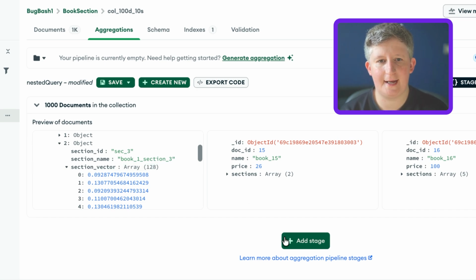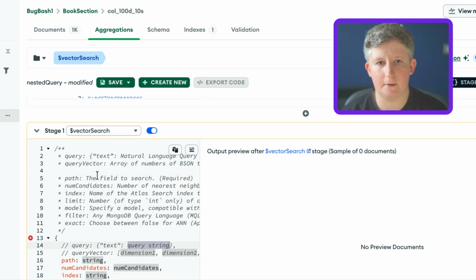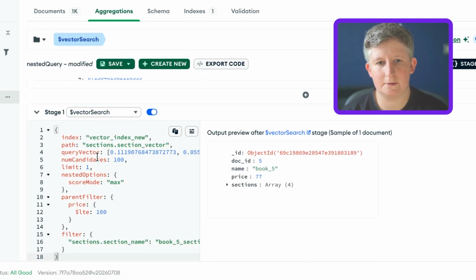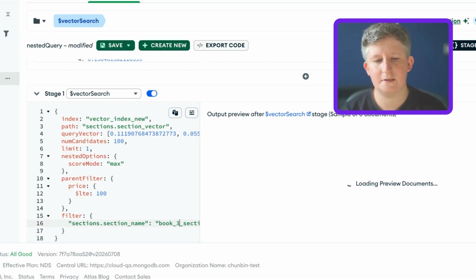Now, let me click Add Stage and select the vector search stage in our aggregation builder. In our vector search configuration, we point our index to nested_vector_index, but look at the path we are targeting: sections.sections_vector, directly inside the nested array. We pass in our query vector, set num candidates to 100, and set our limit. Let's run this aggregation preview. And just like that,